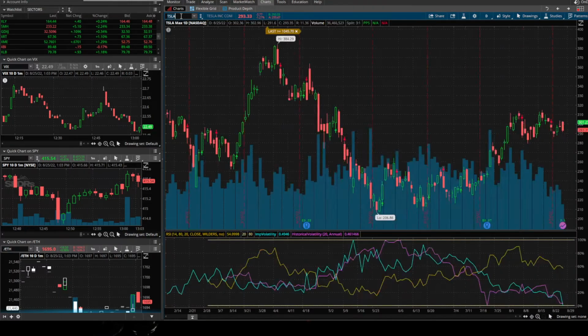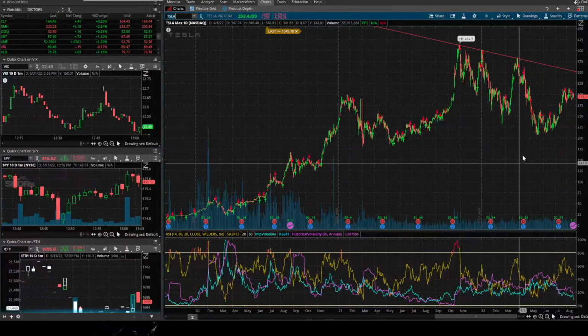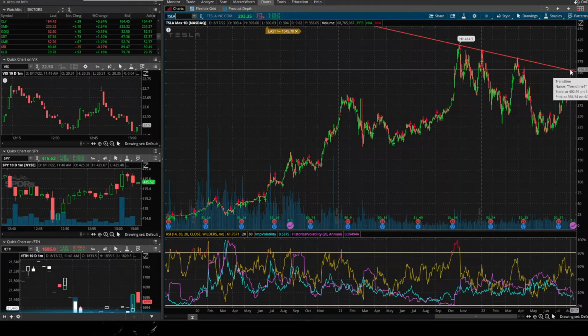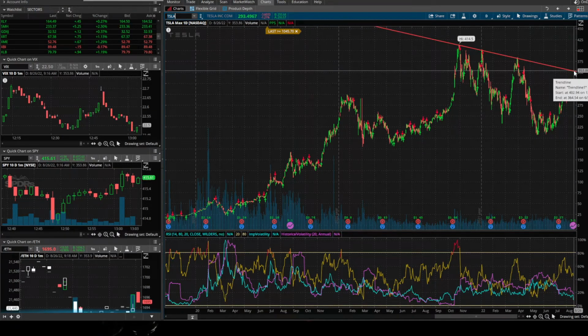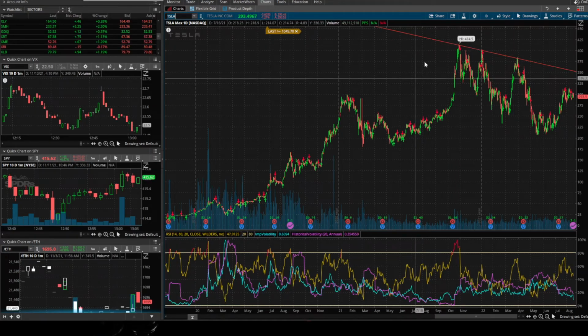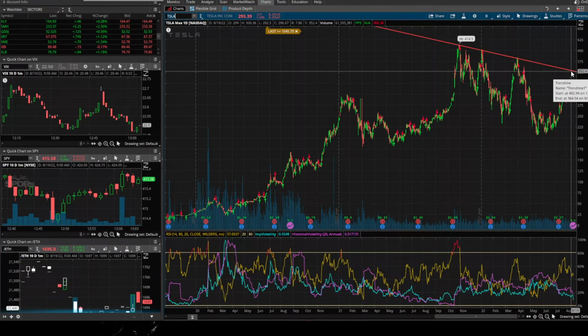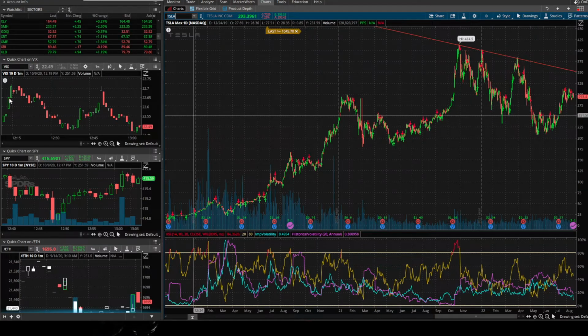Tesla. I'm still looking to short if we get up here. Let's say we get a bounce after tomorrow's Fed speech, just in case the market was overhedged, we could definitely get there. The levels have changed because Tesla just did a stock split, but the line is still there. I still short at that line. I will buy put spreads on Tesla when we get there. Okay. So that's my plan on Tesla.